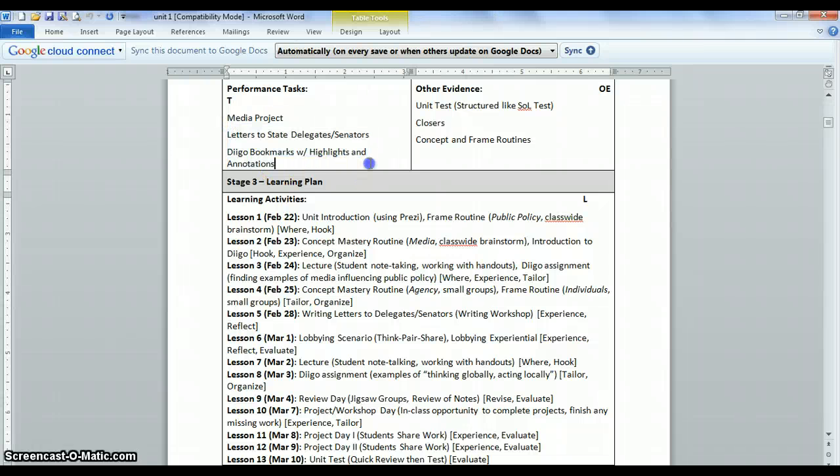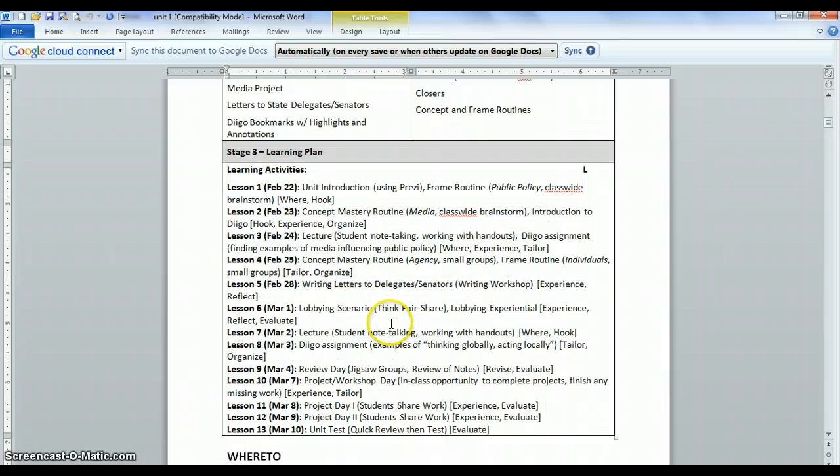I really should have included the lobbying day, because this is definitely a performance type activity. As you can see, the lobbying day more or less falls in the middle of all of this. So I have some introduction, then these first 3 days here were going to be 9A, and then I was going to do some stuff in 9B, and this was going to be 9C, review day, project day,